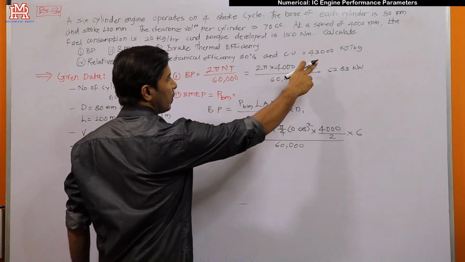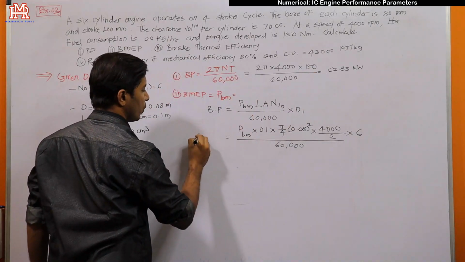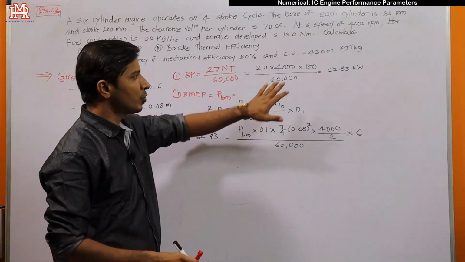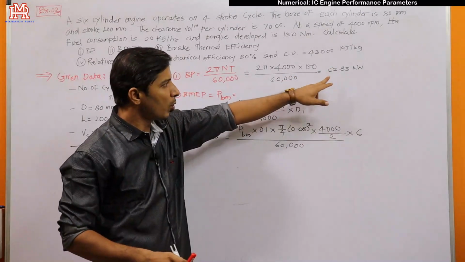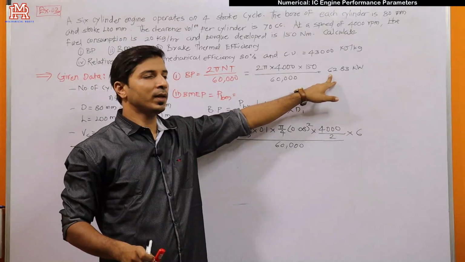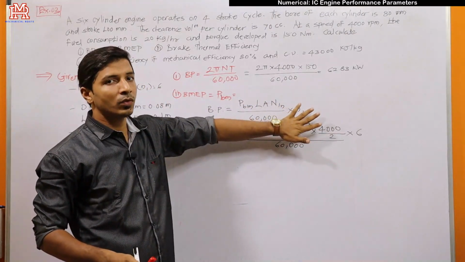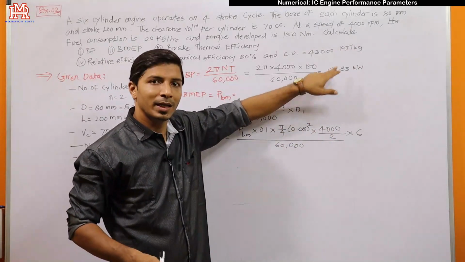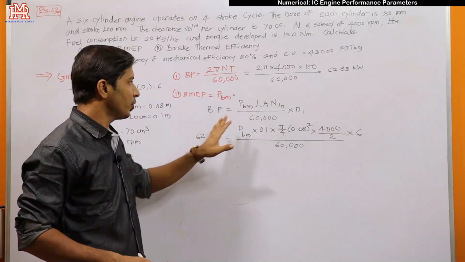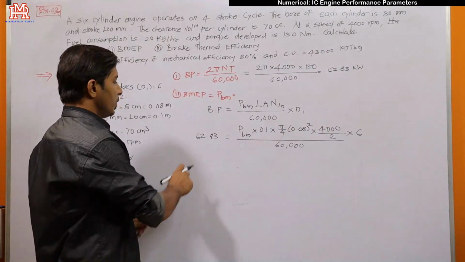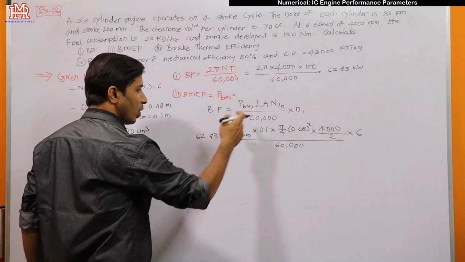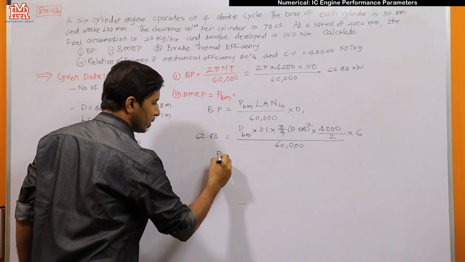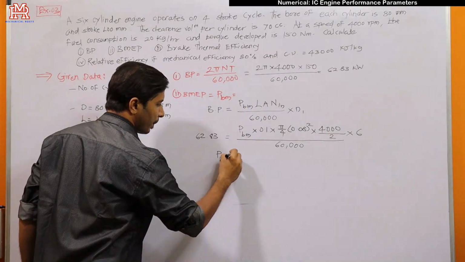The brake power that you have calculated is 62.83. See, these types of linked examples will be asked. If there is a problem with your brake power calculation, then definitely you will get this answer wrong, even though you are using the right formula. So if this is correct, then there is a probability that your second answer will be correct. So 62.83. You have to simplify this and you will get the value of PBM.